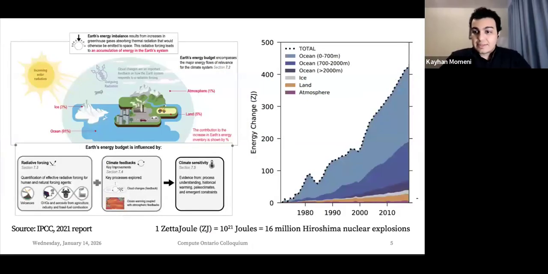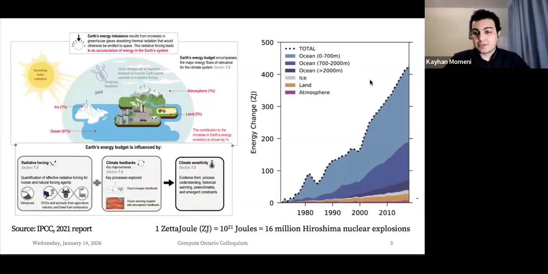Now, keeping that Earth system perspective in mind, this slide shows the planet's energy budget. On the left here is a schematic from the 2021 report of the Intergovernmental Panel on Climate Change, which is essentially a synthesis of the scientific literature. And the key message I want to highlight is this. More than 90% of Earth's excess heat is stored in the ocean. And the diagram on the right breaks this down by Earth system components,